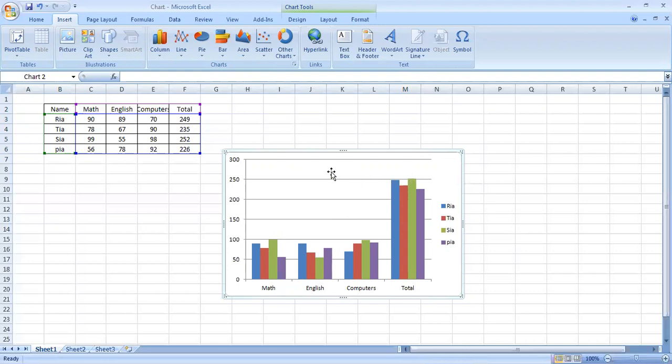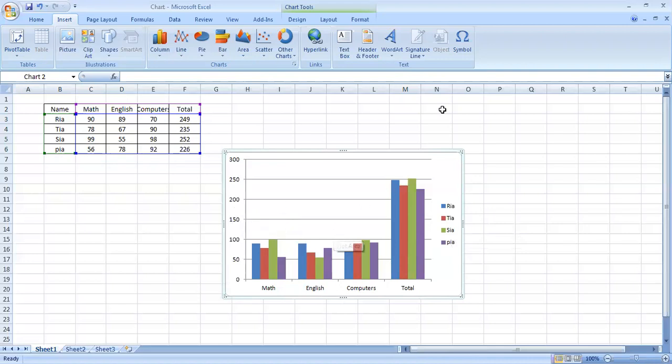Then these horizontal lines which you can see are called grid lines. These bars which you can see are called the data series. This right side corner, the small squares and names, is called the legend. Then this is a horizontal axis, and I hope you are clear with the names now. The horizontal axis is called the category axis, and the vertical one is called the value axis. So you have to remember this.